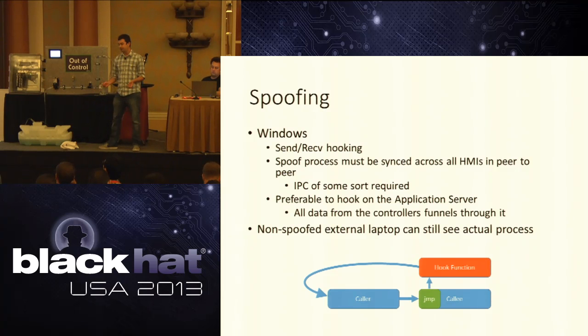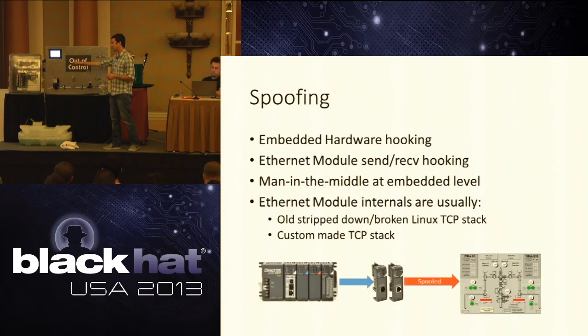So when we talk about spoofing, we can go back to regular old Windows or PC-based exploitation and just do regular old send-receive hooking if we don't care about modifying the controller itself. So if we're on this controller, we can hook the Modbus packets that are coming back from the PLC and modify that world view to the operator and everyone upstream, the historian, the ERP, everything else, without ever getting to the controller. But it's also preferable to hook an application server. And the obvious reason for that is because you can have any number of HMIs, but you usually have one or one redundant application server that's that funnel that goes between your actual process and the